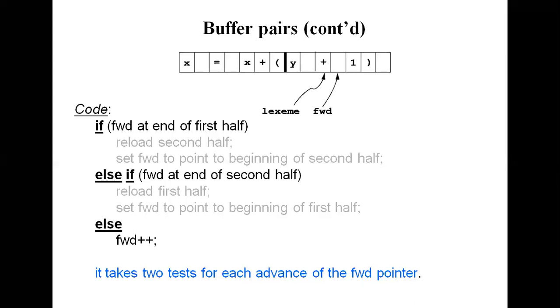The problem is, I am overwriting in the place of x is equal to x plus open parenthesis y plus 1 closed parenthesis. If I overwrite the first part of the lexeme, then only the second part will remain. If you want to retrieve the first part, it is deleted. The first part of the line of code is deleted. That means by performing an overwrite, this problem occurs in the one buffer technique.